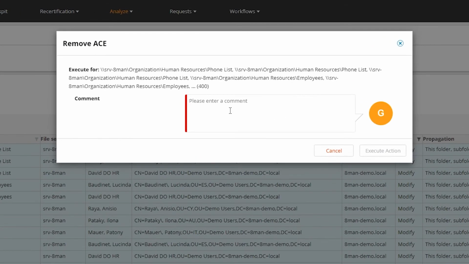Now the important thing to do here is document your workflow. So per case number 42778. There we go. And then we can execute. So not only were we able to go ahead and remove all of those direct permissions and therefore fall back on groups, we were able to document the change with effective case notes. So if there's an audit that needs to be made, we'll know who did the work and when.